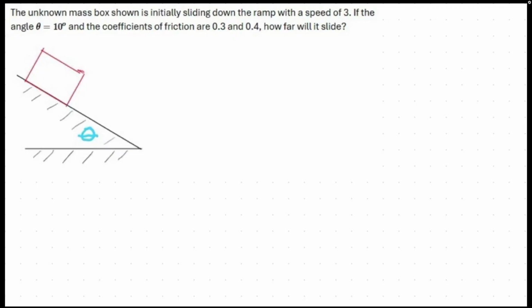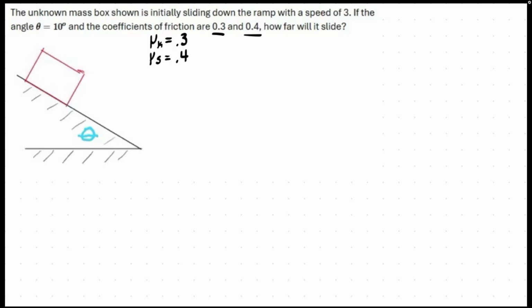We're given two coefficients of friction, 0.3 and 0.4, right? We know from lecture that since they're not initially stated, we have two coefficients of friction: the coefficient of kinetic friction and the coefficient of static friction. The coefficient of kinetic friction is when this box is moving. The static friction is when this box is at rest. And we know the coefficient of kinetic friction is always going to be the lower number of our pair, so our kinetic friction is going to have a 0.3 coefficient, and our static is going to have a 0.4